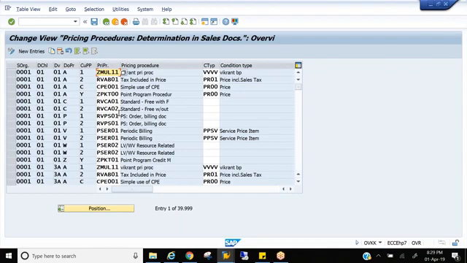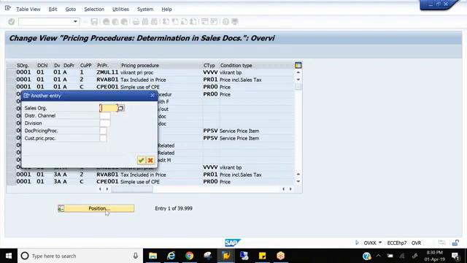Yes, Praveen, in the customer master. The customer pricing procedure is in the customer master, sales area data, sales tab. The document pricing procedure is in VOV8. At that time I told you that they are parameters to determine the pricing procedure. So with what combination do we maintain it? The sales area plus document pricing procedure plus customer pricing procedure. These are all parameters which decide what pricing procedure should come into the sales document.